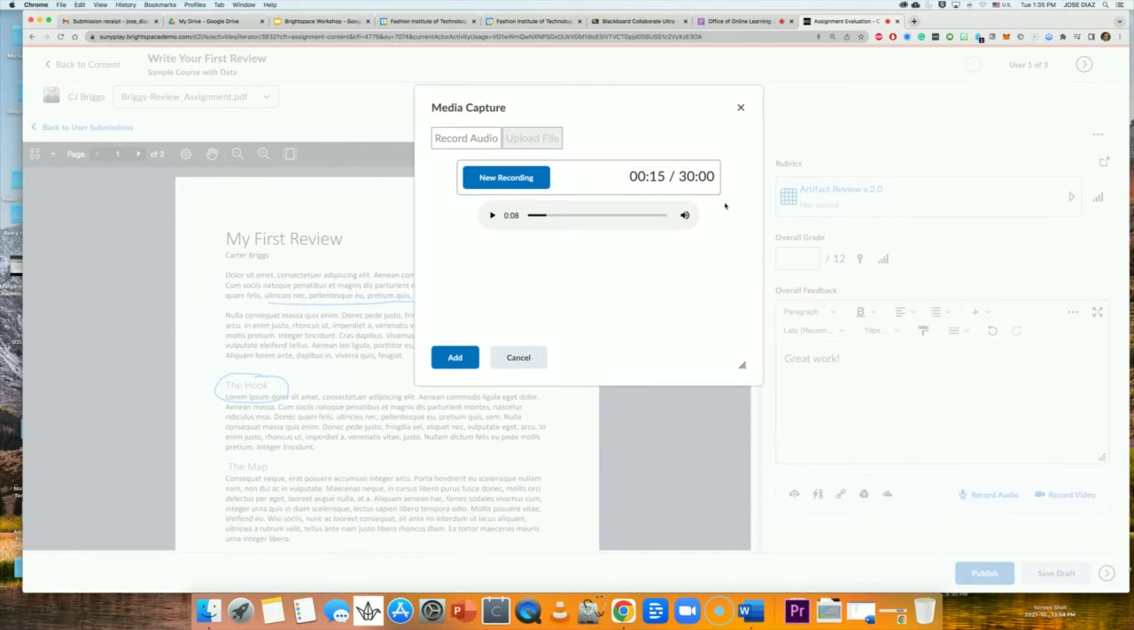This is also great for modern language courses. If you're teaching a modern language course, Italian, Spanish, or any other languages that are taught at FIT, Japanese, and those other languages, this is a great way to then record your audio or video and provide feedback to your students. The next step is then to click add, and this will get added to